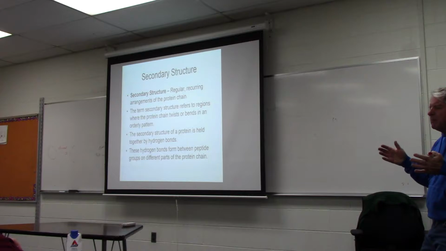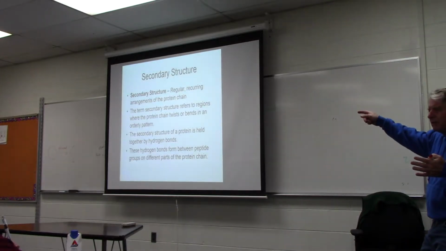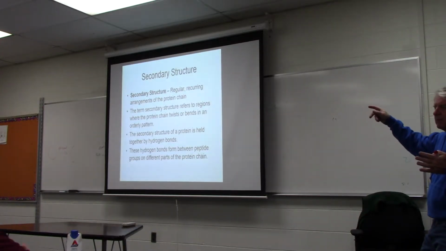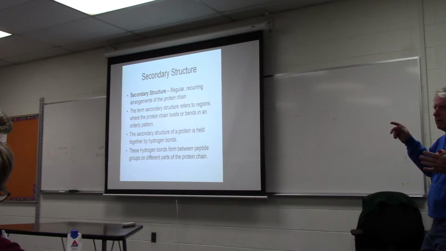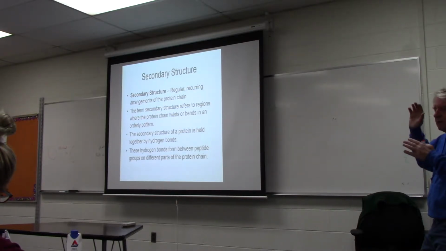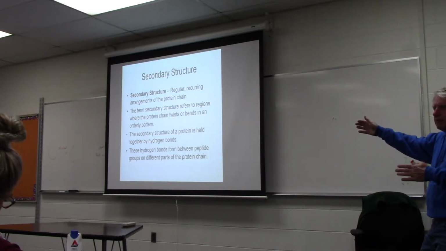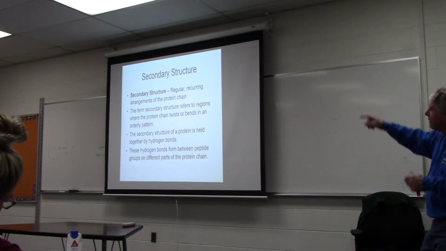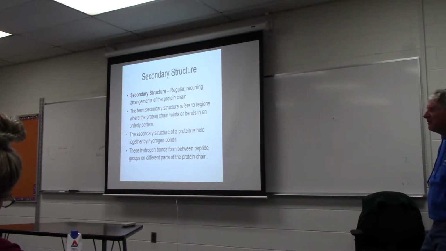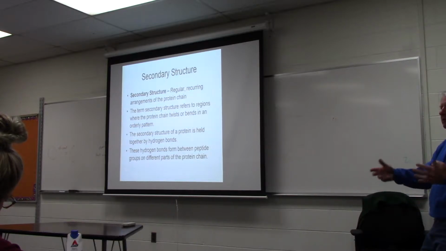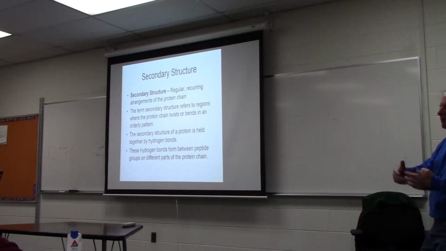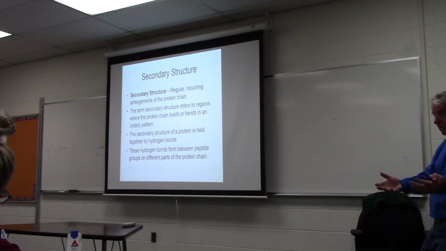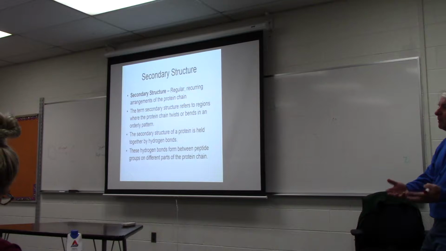I really hate when people write that exactly down as that statement, because it just looks to me like you copied it from the PowerPoint. I'd rather you not write "it's a regular recurring arrangement of protein chain." What it is: a structure found in a protein that has hydrogen bonds, and it's regular, and it's often found, and it's alpha helix and beta strands. Okay,